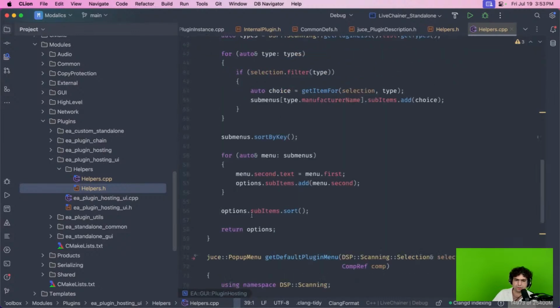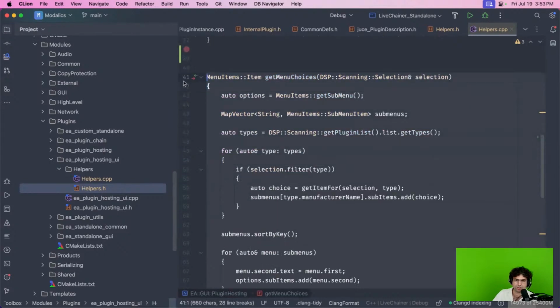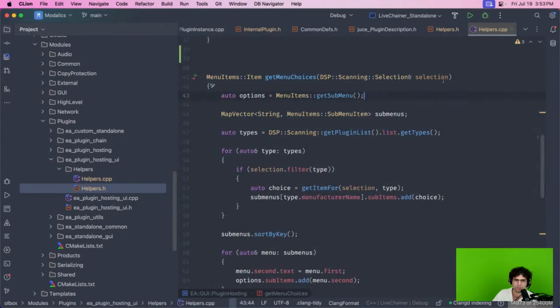I think what I'm going to do is have this whole function basically be a duplicate. This one is going to just take the array of